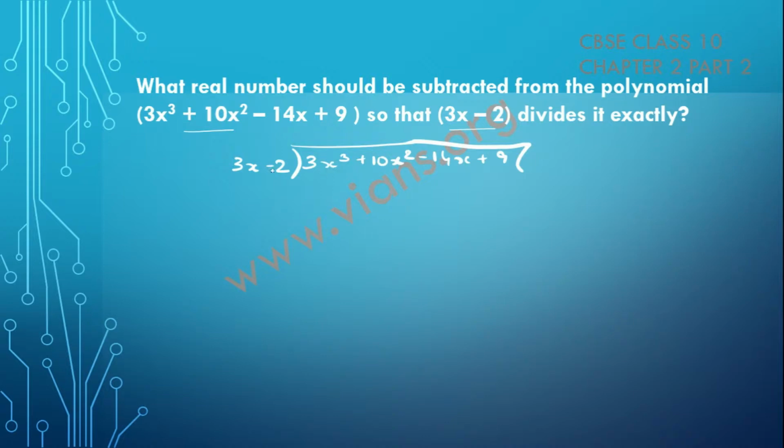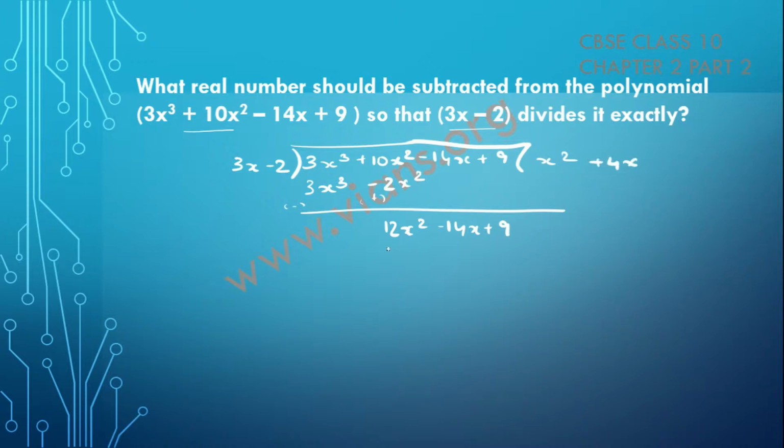So first let's write it down. This is the dividend, this is the divisor. We need to find the quotient. So 3x into what will give you 3x cube? x square, right? So this is going to be 3x cube, and minus 2 into x square is going to be minus 2x square. Change the signs. This is going to be 12x square minus 14x plus 9. 3x into what is going to be 12x square? Plus 4x. 12x square minus 8x,